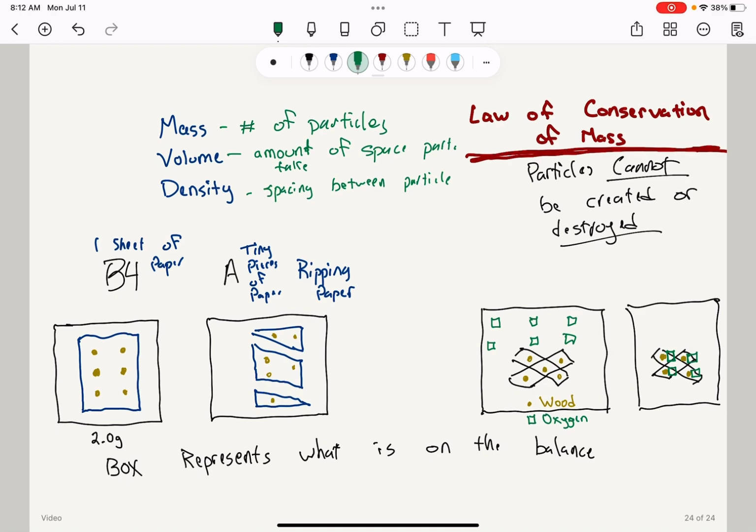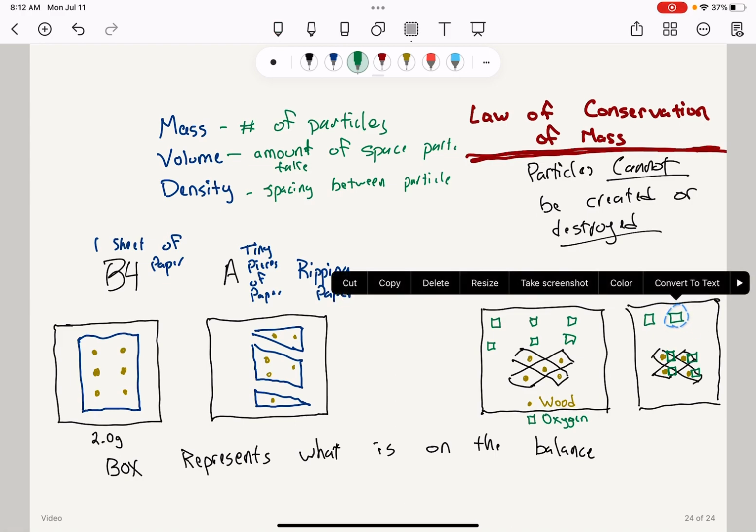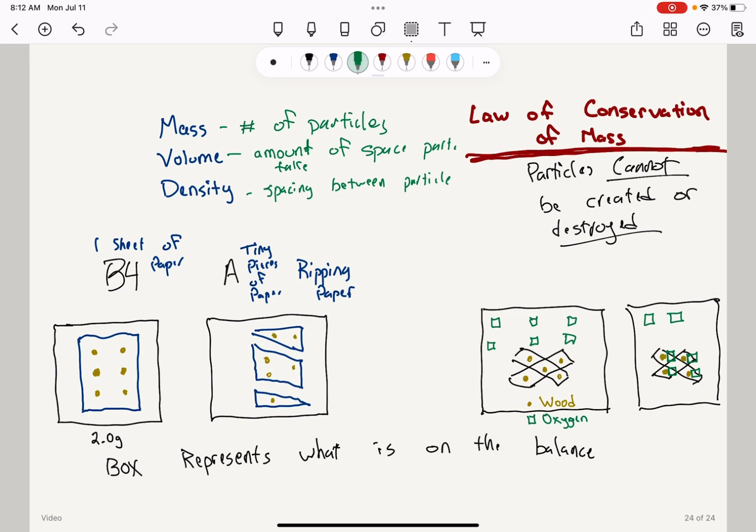So notice I've got 4 green squares on the right, and I've got 6 over here, which means that somehow I've got to have these guys up here. Maybe I put them a little closer together, and I'll show you why. So I've got 6 now green, okay? And now notice over here I've got 5 yellow dots, which represent the wood particles, okay? Well, I know that